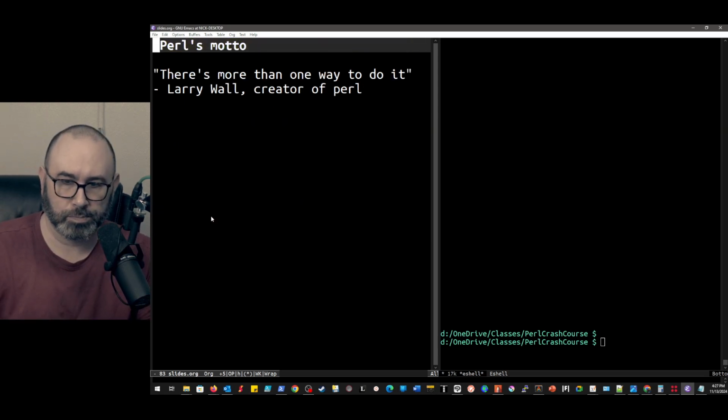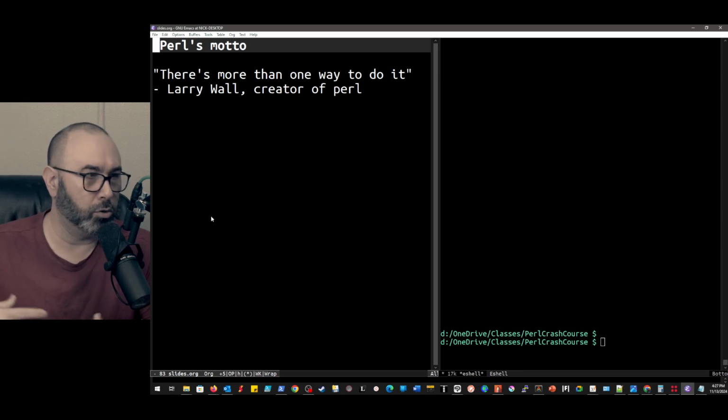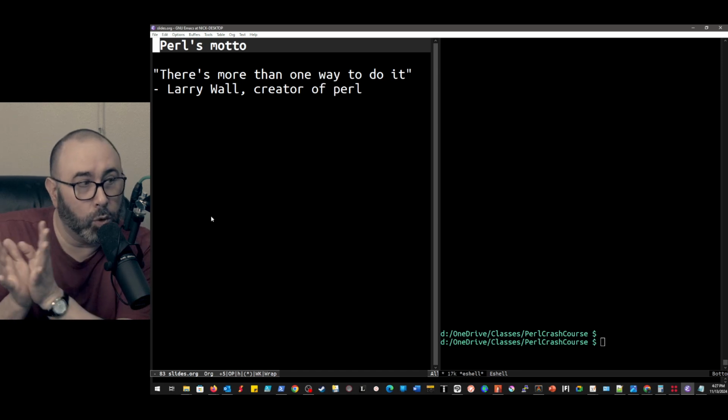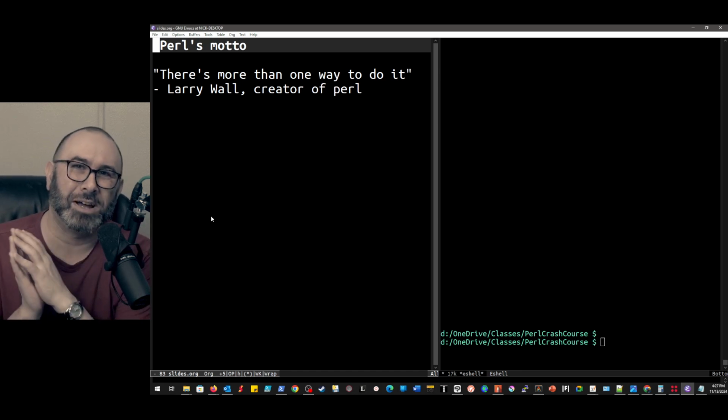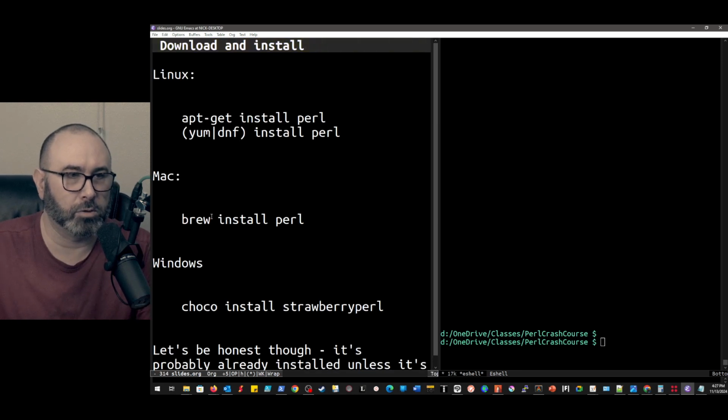As we mentioned before, Perl's motto is there's more than one way to do it. This was coined by Larry Wall, who is the creator of Perl. And this is, again, one of the really big upsides and downsides of Perl. It's very, very simple. It's very easy to just throw something together. But the way that you do it may not be the easiest thing to read if you're not familiar with Perl. If you are familiar with Perl, it generally is pretty readable. You need to do a decent bit of work to make it difficult to read. You can still be very logical about things.